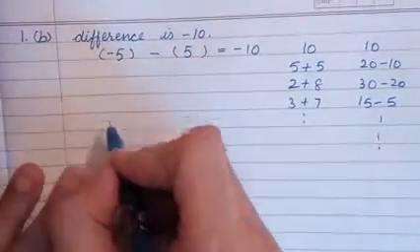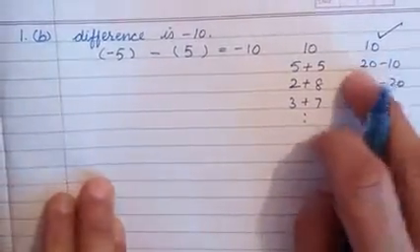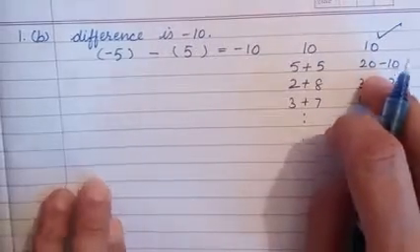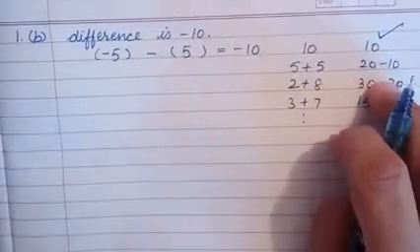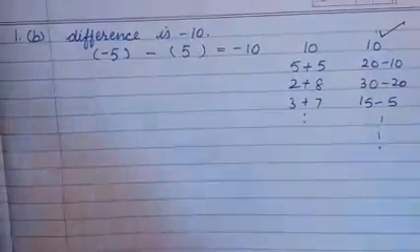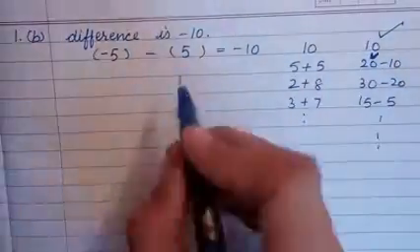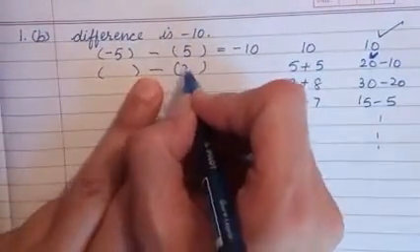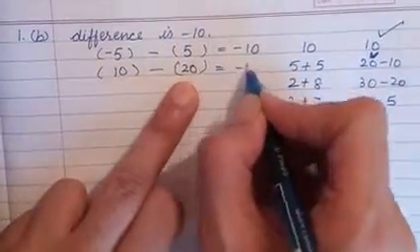Now let us see this second situation. When subtraction is giving us 10, that means we have to use rule 3. That means here we have to see the sign of the greater number with the answer. Here 20 is greater, so the sign of 20 will come with the answer. So if we are writing minus sign here, 20 will be written here and 10 here. So 10 minus 20 is minus 10.